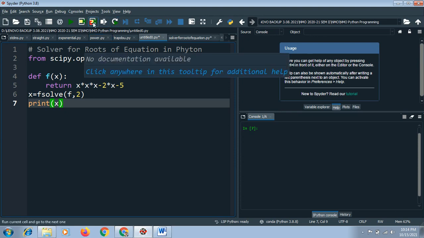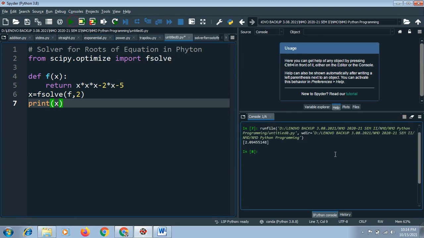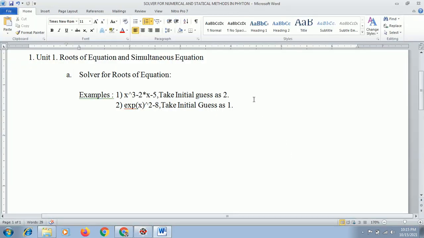When I say run, it runs and shows the answer, 2.094555148. This is the answer I get using the solver. You can cross-verify this answer by solving it analytically.